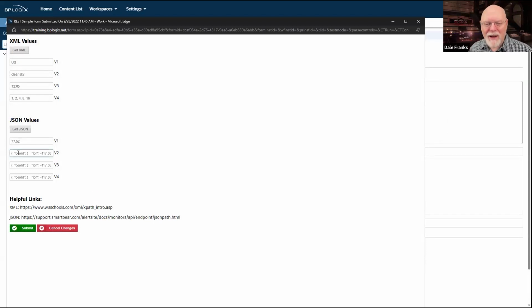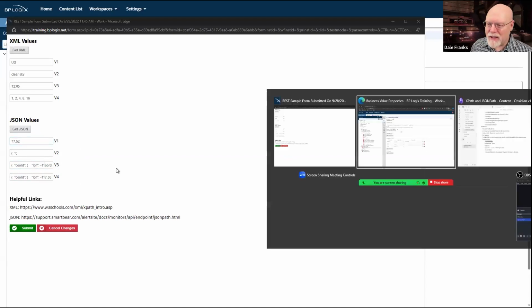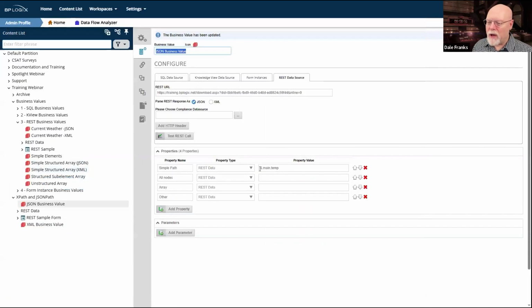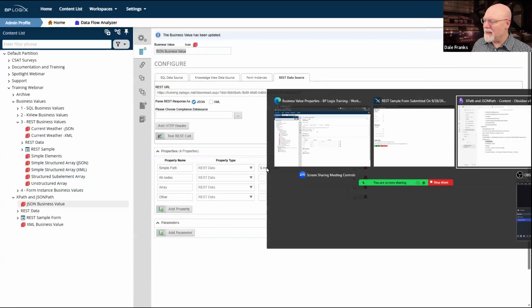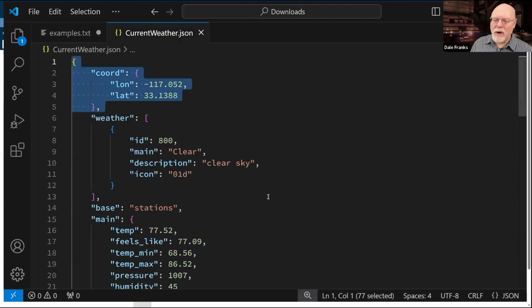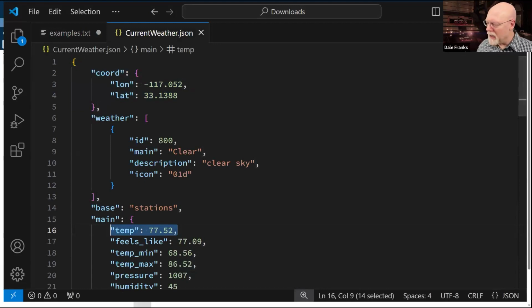We're going to see a lot of this because I haven't written a JSON path for any of these other values, and it's returning me the entire JSON in there. So we're going to ignore these fields because as we change our business value, we are going to erase the data that's in those fields. So for right now, for example 1, we're doing good. We have 77.52. That's exactly correct. And that is if we go to $.main.temp, that gets us to our 77.52 degrees Fahrenheit for today's temperature.